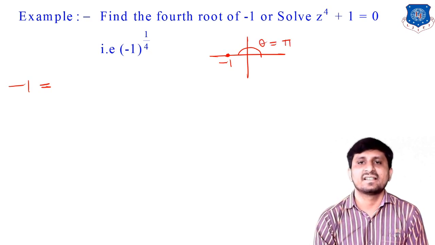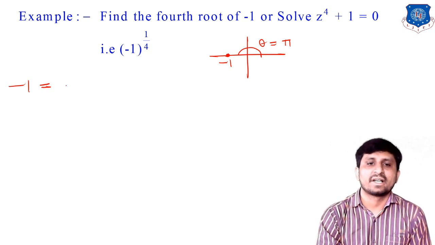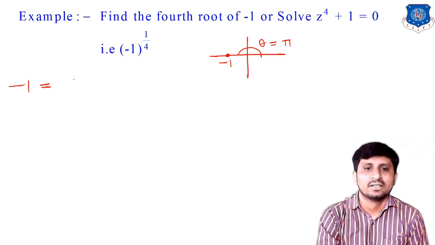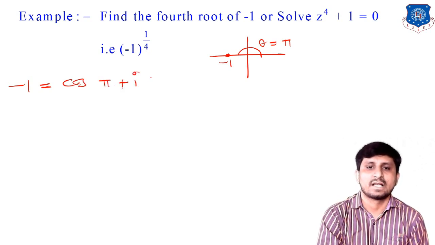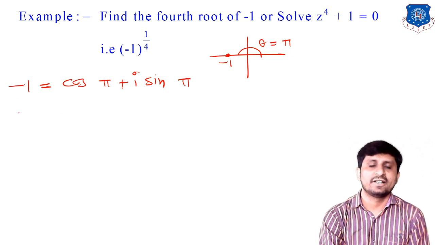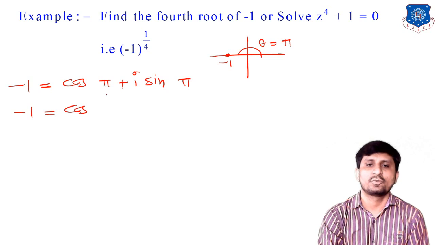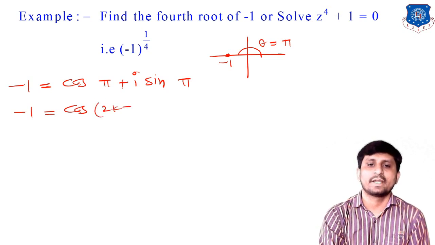We know that x is less than 0 and y is equal to 0, then theta is equal to pi, and r is equal to 1. Clear? So that's why cos pi plus i sin pi. First of all, add 2k pi. So minus 1 can be written as cos(2k pi plus pi)